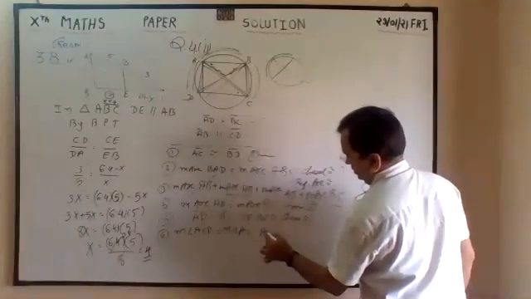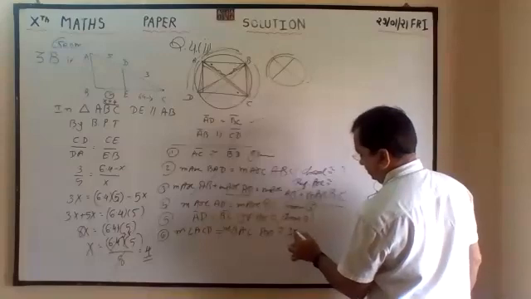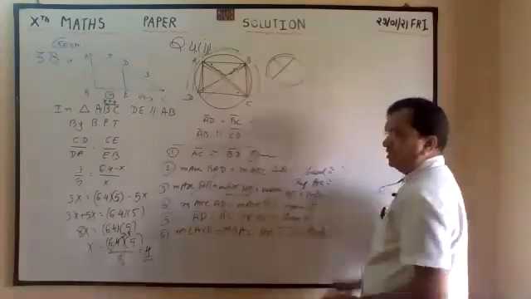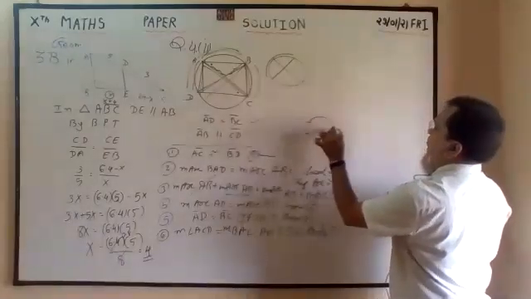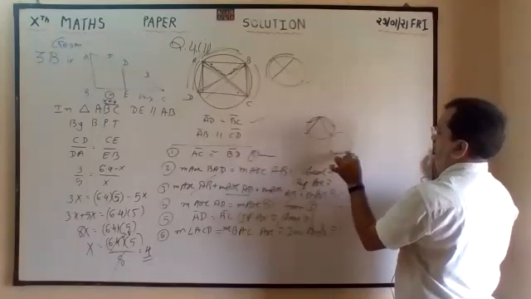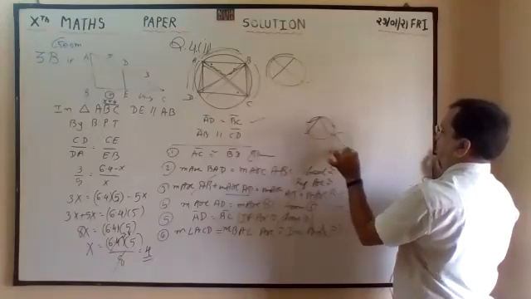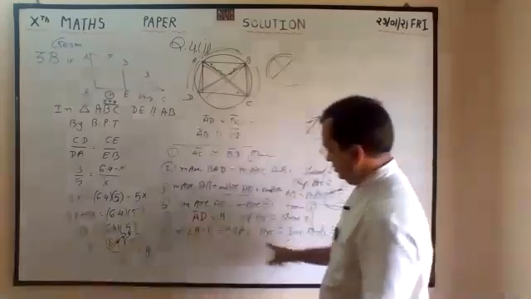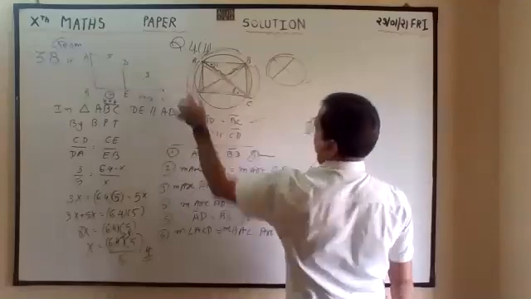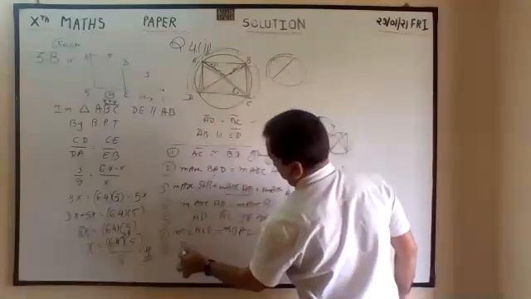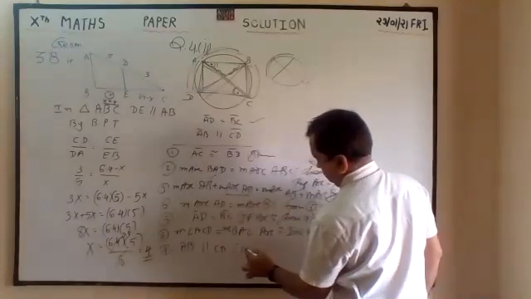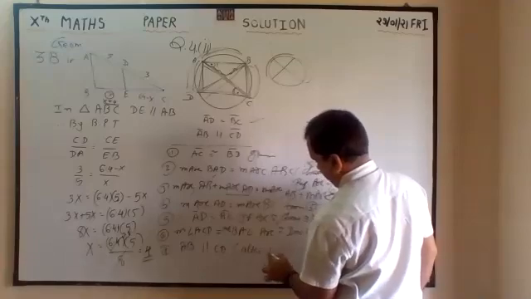If arcs are congruent, inscribed angles are congruent. Suppose both arcs are 30, 30. So the angles are 15, 15. And in the same arc, suppose it is 60, so the angle is 30, 30, 30, like that. And it is a Z shape, alternate angle. Therefore AB is parallel to CD, alternate angle.